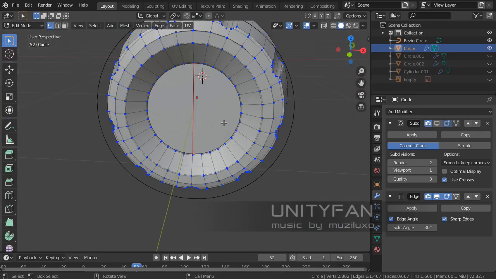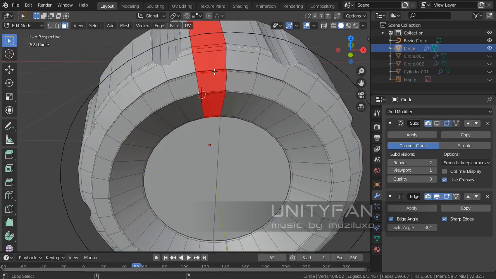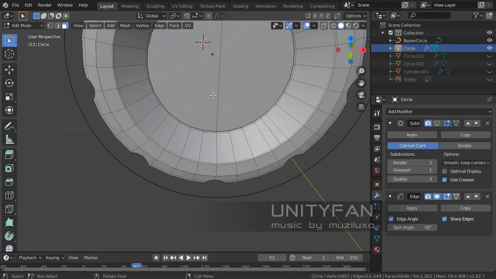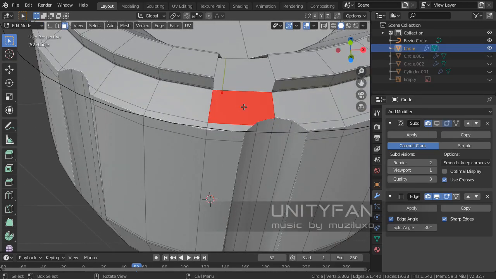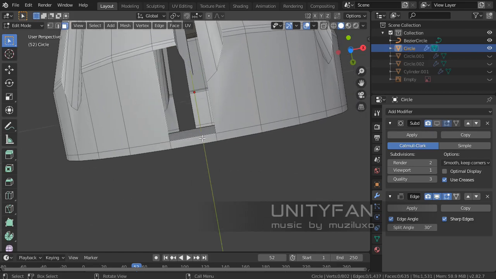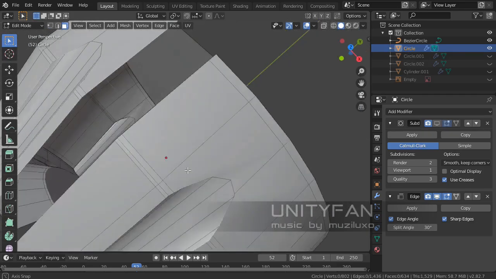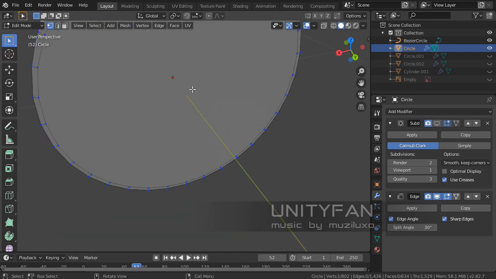So join these two points and delete half of the geometry. We have to join these two